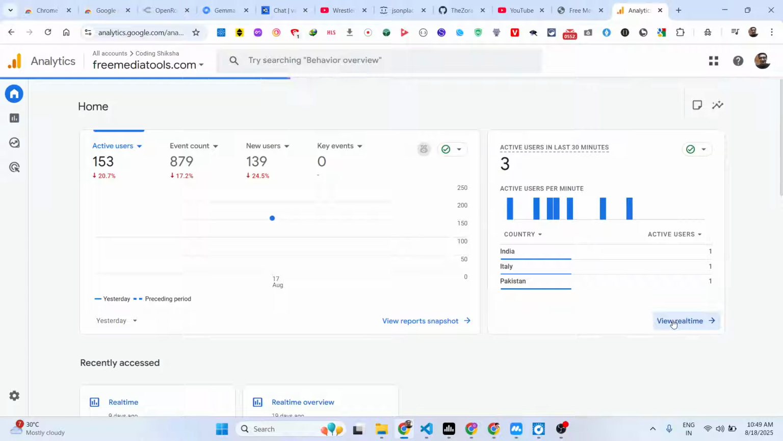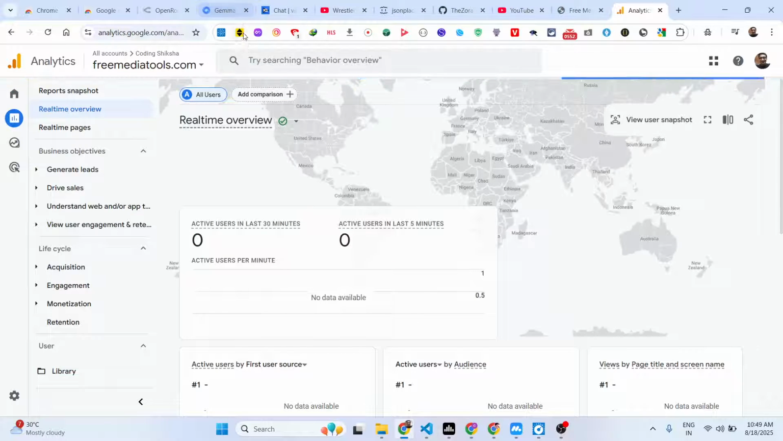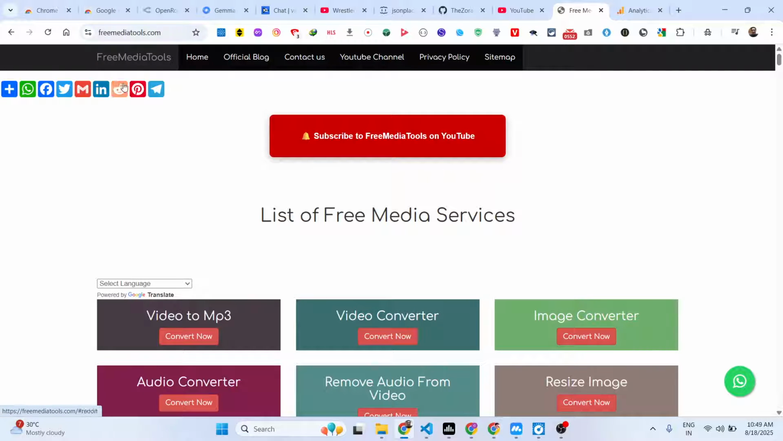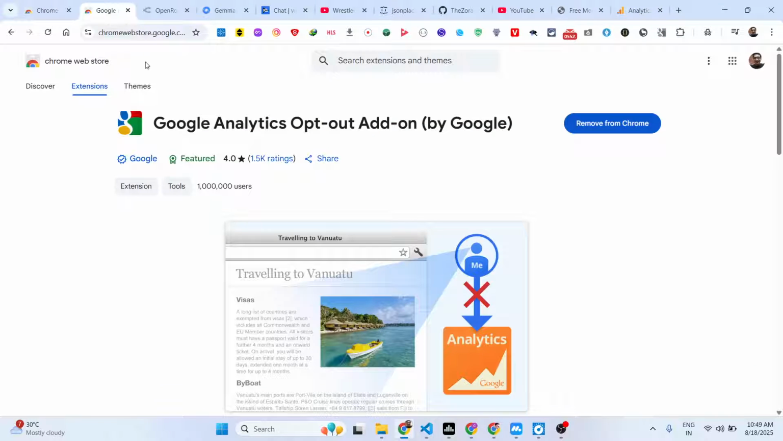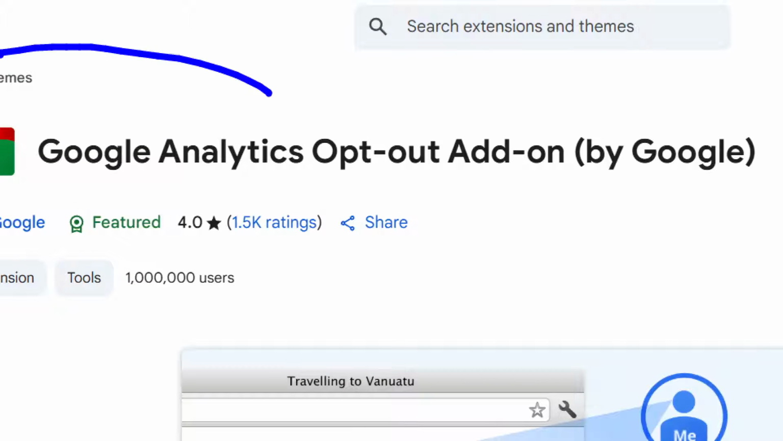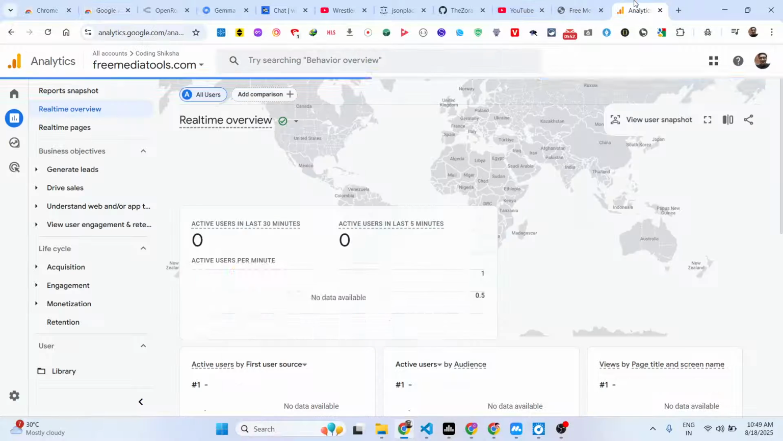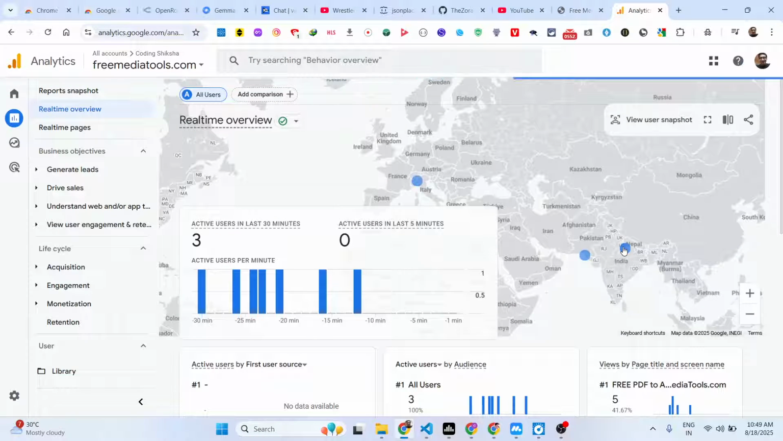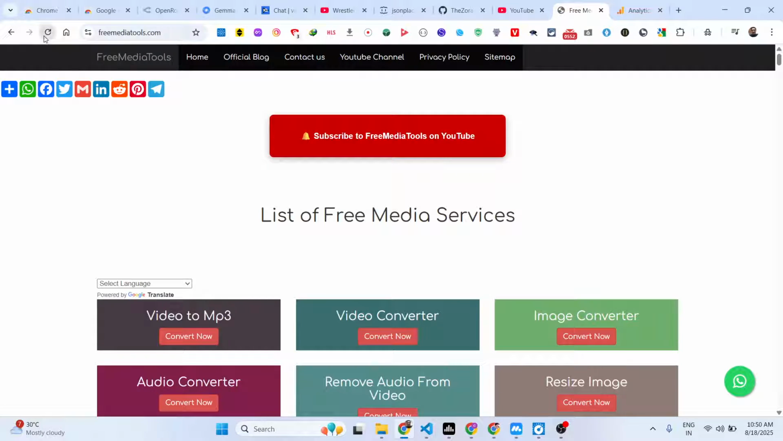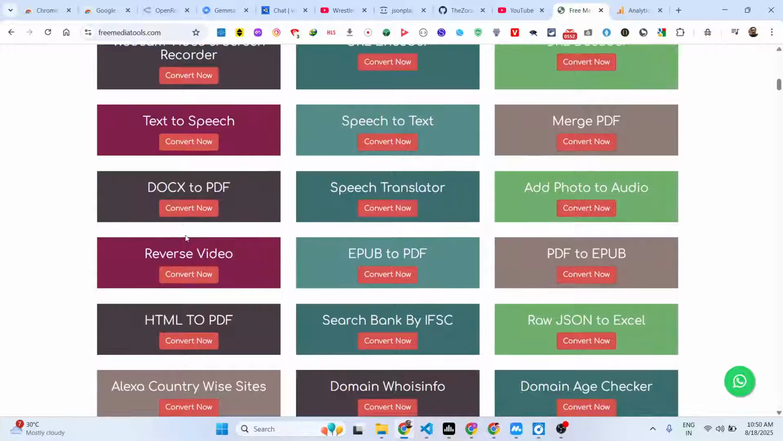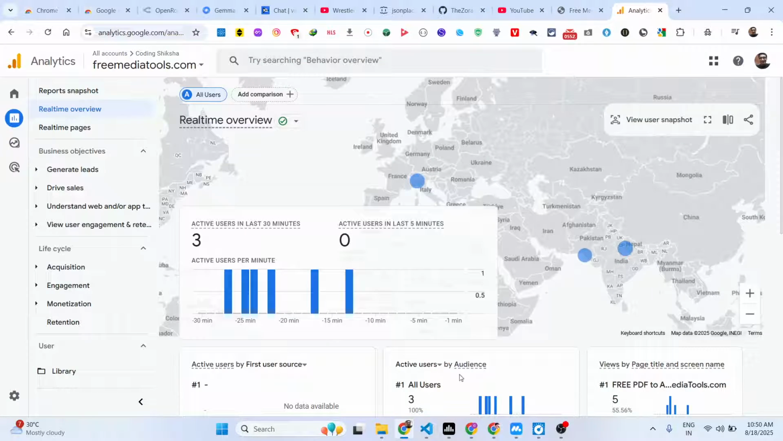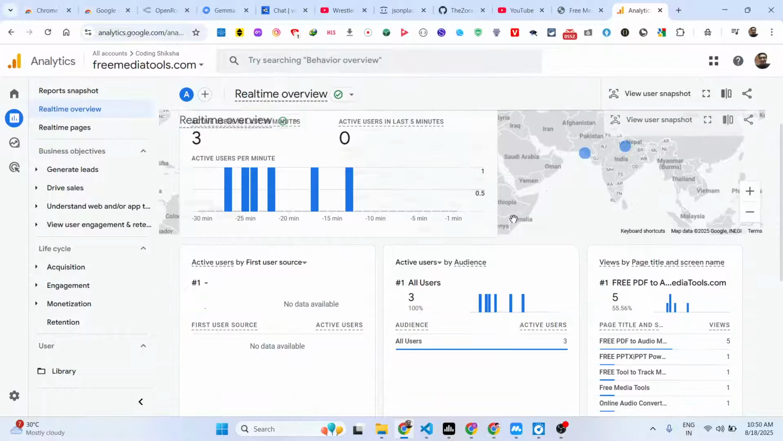So in this easy way, this is a very good extension developed by Google to actually block yourself. If you keep opening your website again and again, that extension will help you. It will not be registered, and you will be blocked by your own analytics. So that's good, your IP address will not be counted. So in this easy way, you keep visiting your own website, and that view will not be counted. So in this easy way you can do this, and